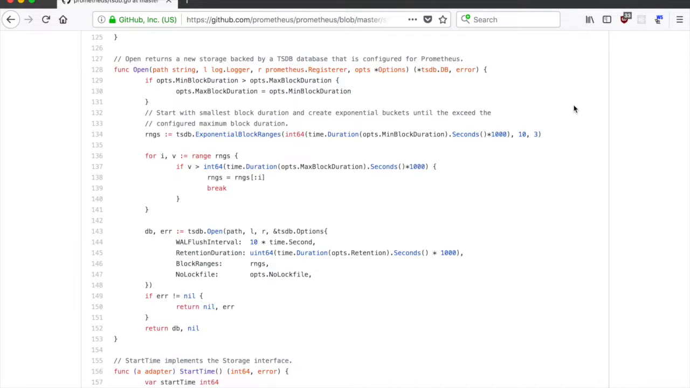Okay. So we have TSDB exponential block ranges, and then we're giving it an int64 of the min block duration converted into milliseconds, it looks like. And then we're doing a 10 and a 3 as arguments too. I don't know what the 10 and 3 is, but let's see if we can find exponential block ranges. It's not in this file,